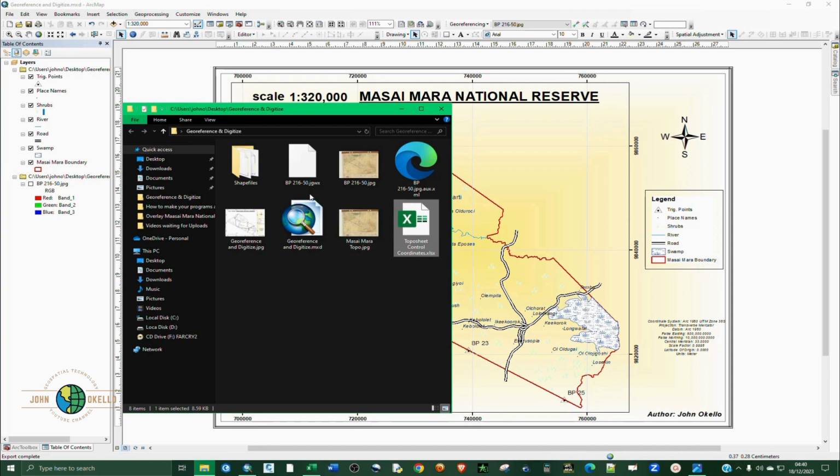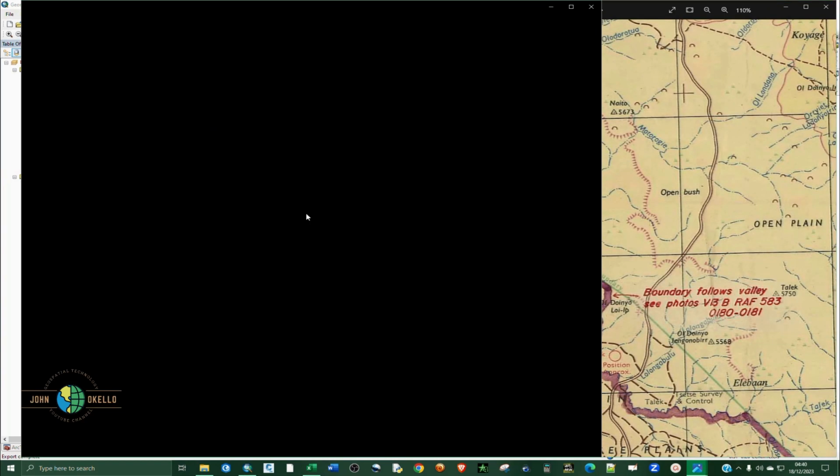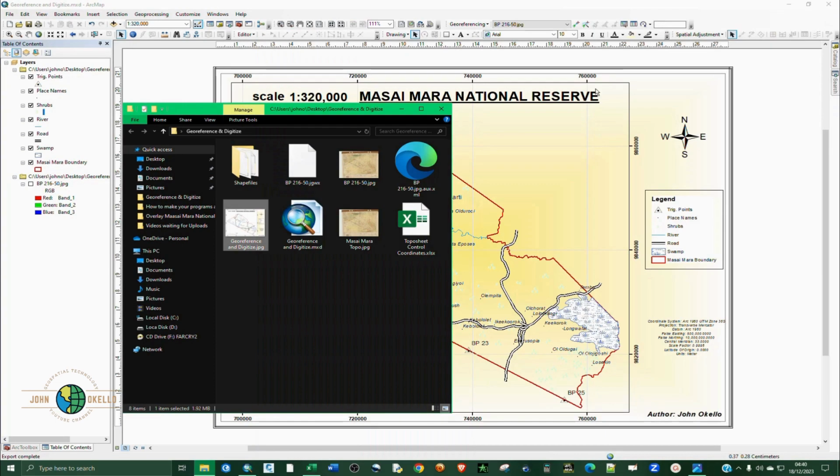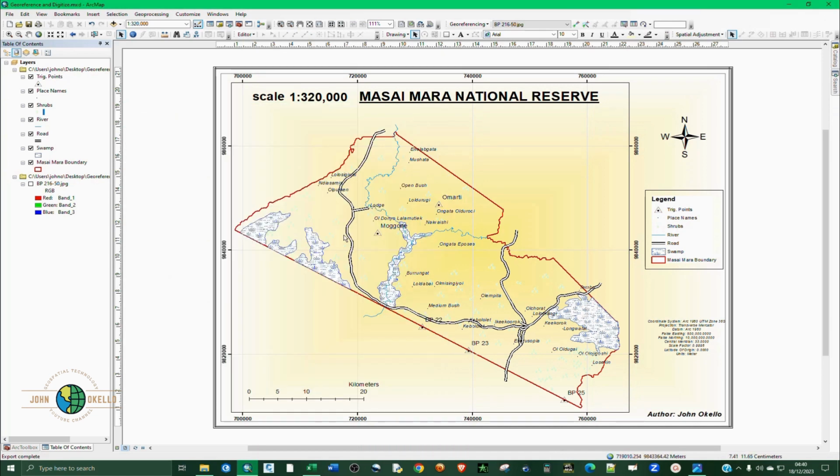So now we have a proper map. If I double click on that, you can see we have the map, although the gradient, I don't know why it has disappeared, but that's how it's supposed to be, so I think it's because of the